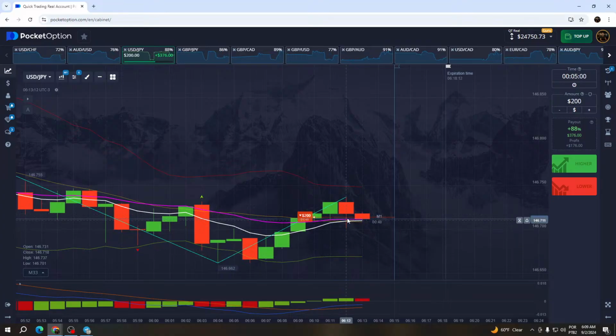This cannot just stab my middle line and go back again to the resistance zone. Look at that, and back. It just stabs my middle line and goes back again to the resistance zone, man. It does not make any sense.